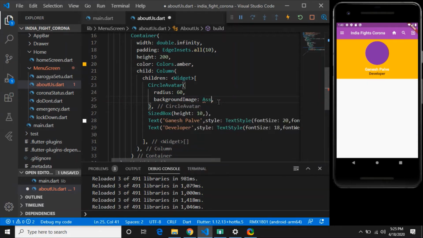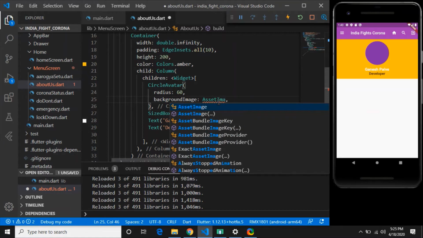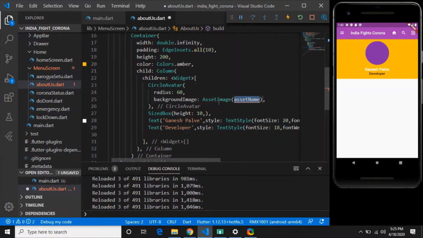So the asset name will be assets/images/jp.jpg, and that file should be there.